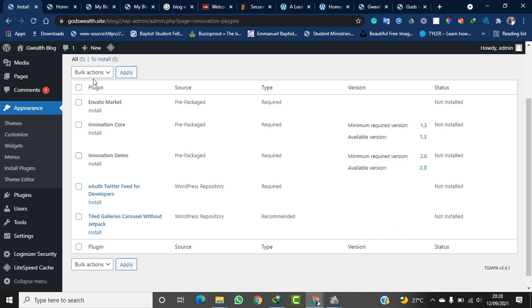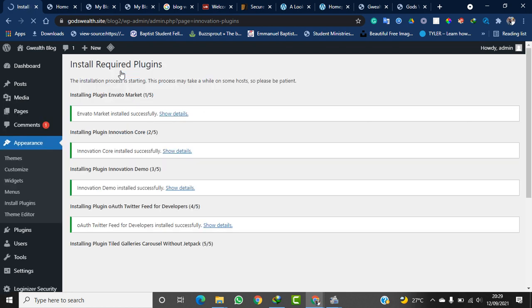So what I want to do here is just to come and install all these plugins, because alongside this theme, all the necessary plugins that can help you build a beautiful and functional blog website have been given to you. So what I want to do is to just do bulk action. That is, I want to install all of them. So I click on install and I apply it. It will start to install all of those plugins. You see it, it's installing,